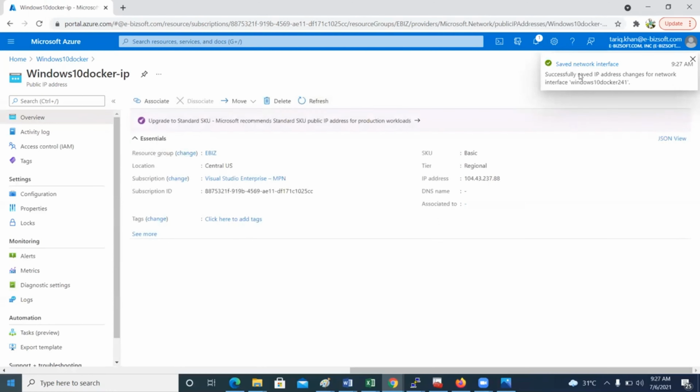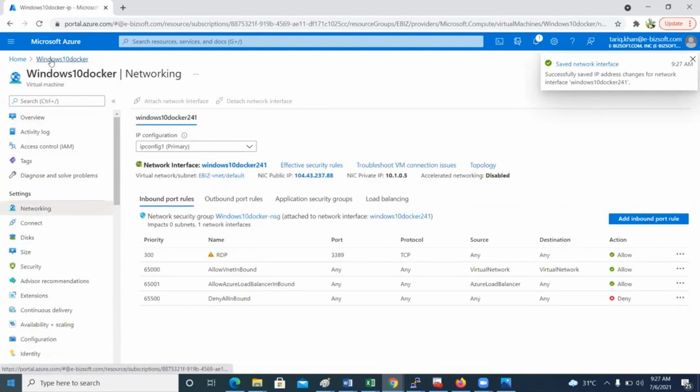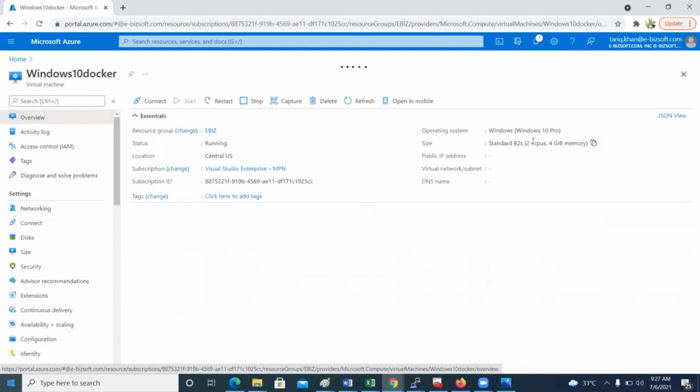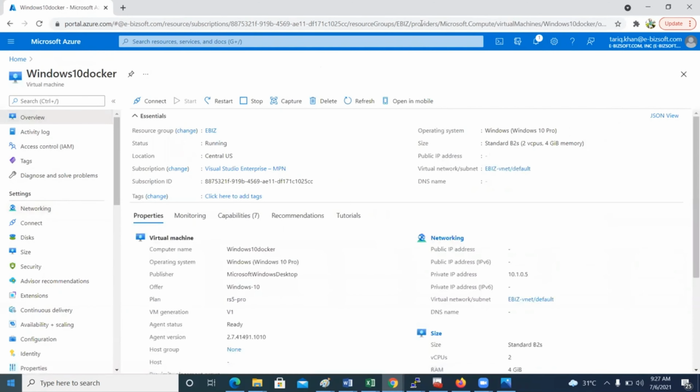And here you can see we get the message saved network interfaces, and we can also verify from the networking section of this virtual machine. And here you can see that now this virtual machine is running without any public IP address, and it has only a simple private IP address.